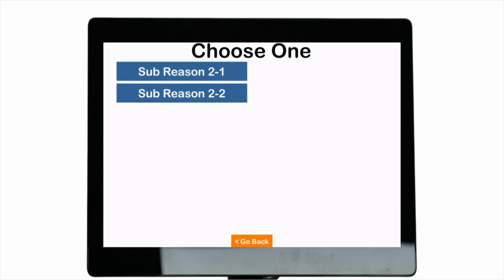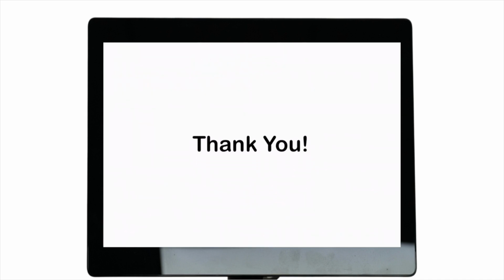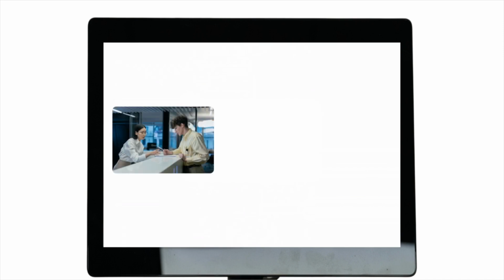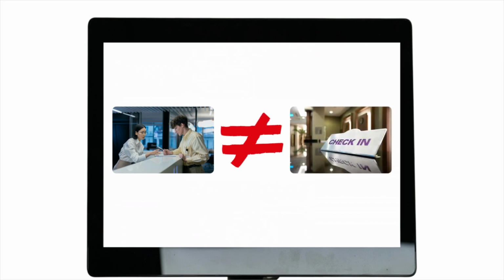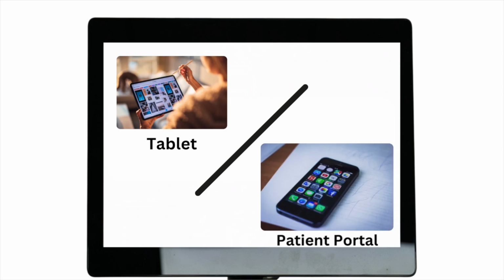At this point, we're just trying to sign in and let the staff know our needs. Since not all patients have to fill out extensive paperwork, we'll save that for another process. It's important to understand that data gathering is a separate process from checking in, and we don't want to tie up the kiosk, which will make others wait. For those patients that need to fill out questionnaires, we suggest using a tablet or a patient portal of your